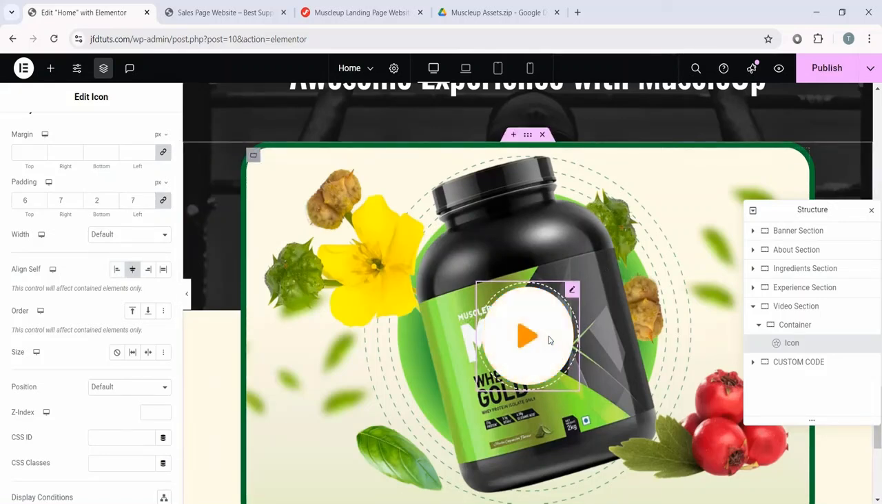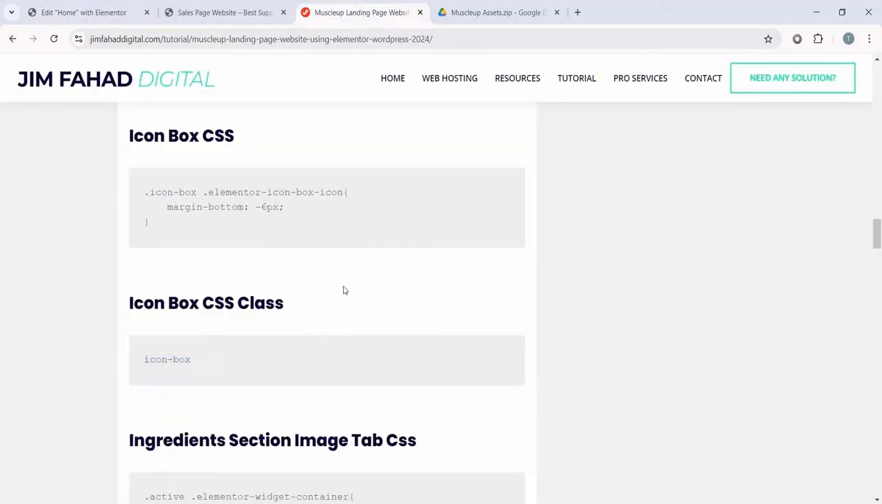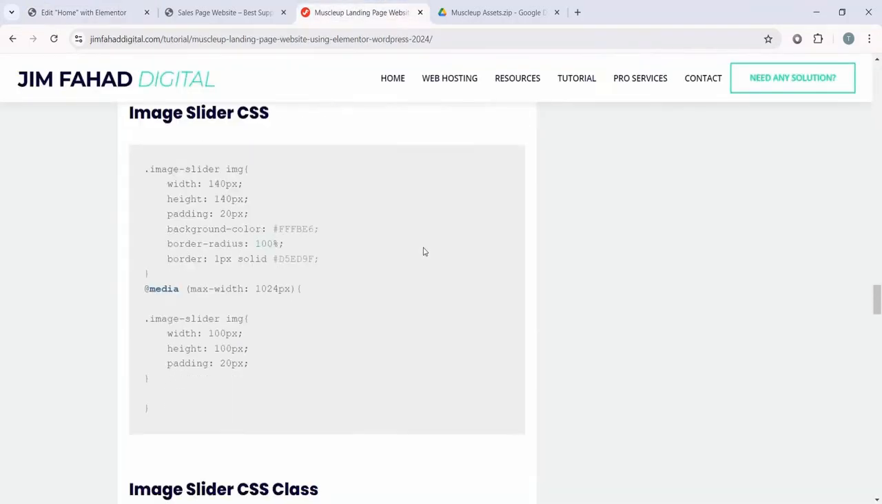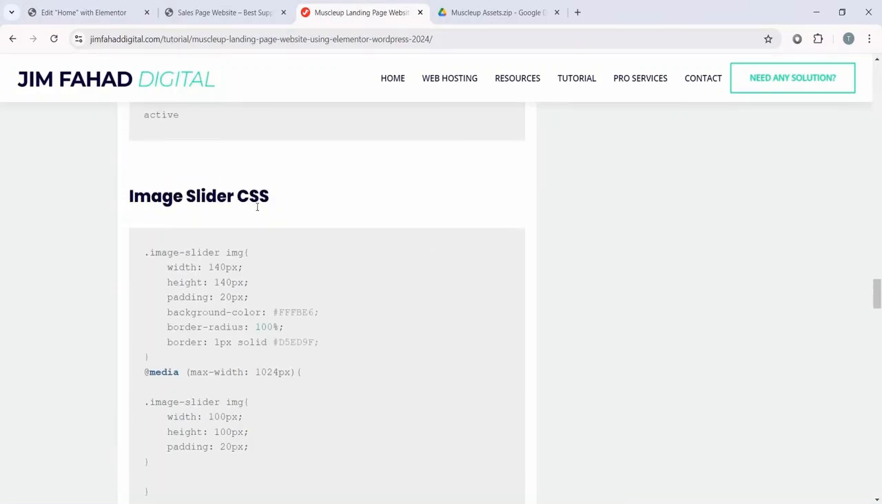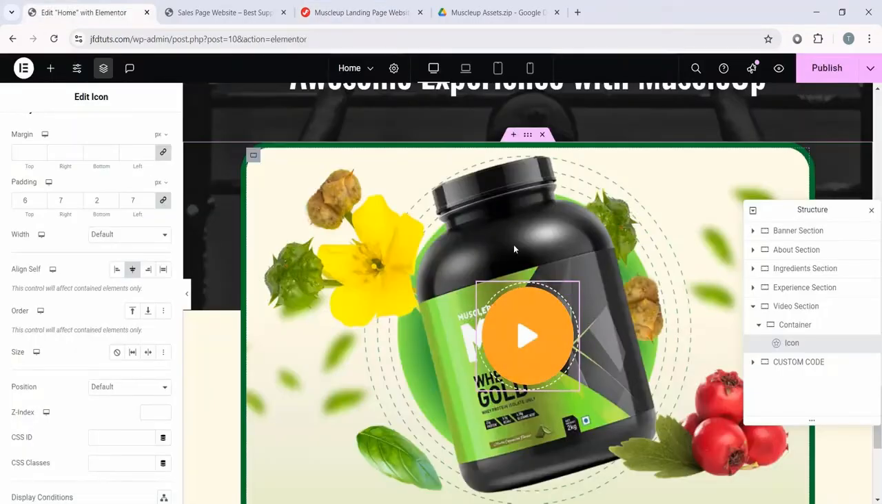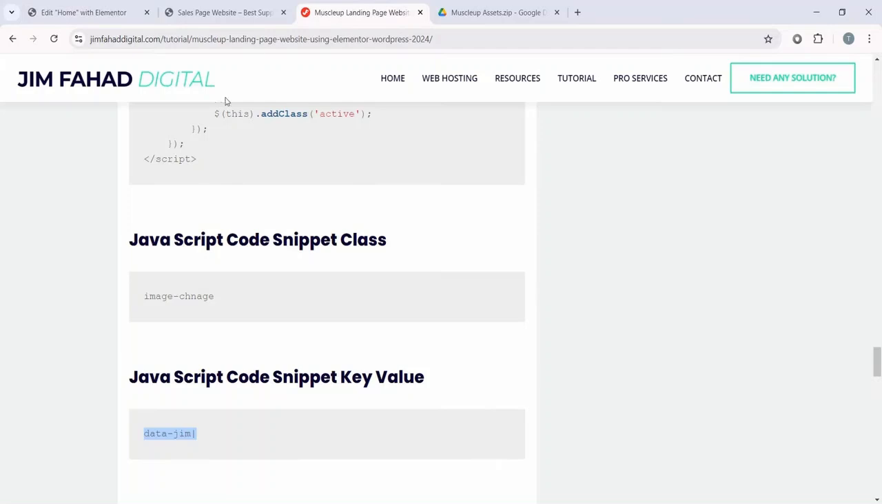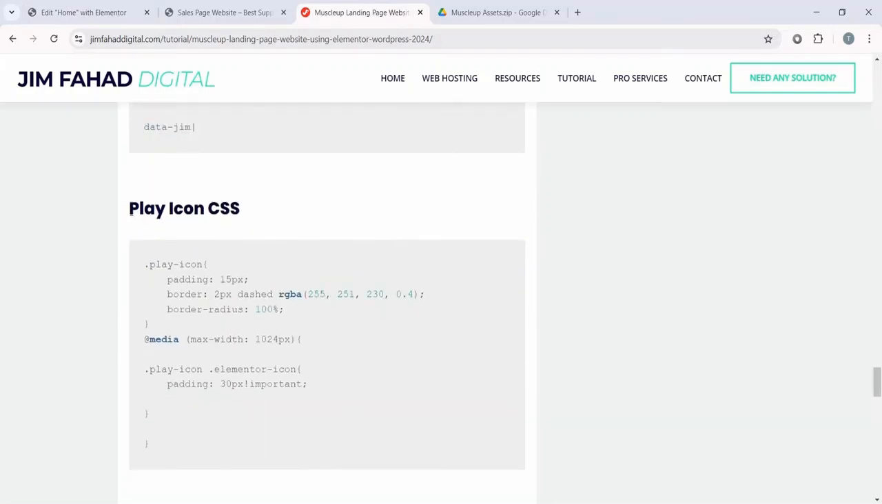Now this is looking good, but I want to style this button further. For that, I'm gonna use simple CSS that we have present in this page. So if you scroll down, you'll find this image slider CSS. So for that, we will use some simple CSS which is present in this page. If you scroll down, you'll find this play icon CSS. Just copy it